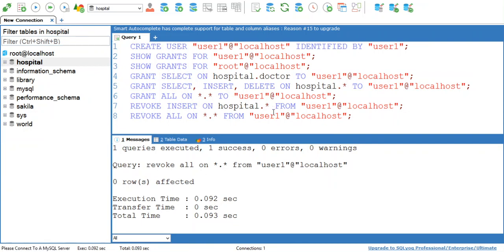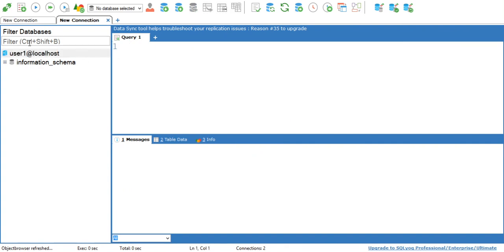So let's verify this. I am logging in using user1, connect, see. Now we are at user1 at localhost, and here you can see there is no list of user defined or built-in databases because we have revoked all the permissions from the user.